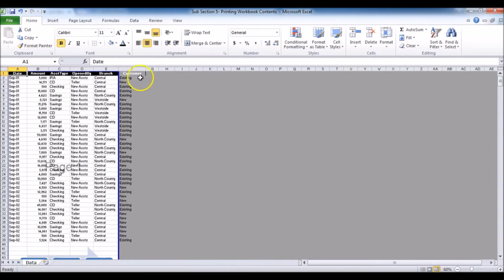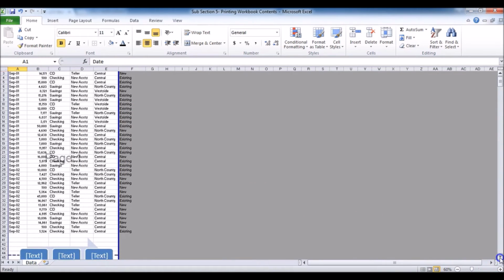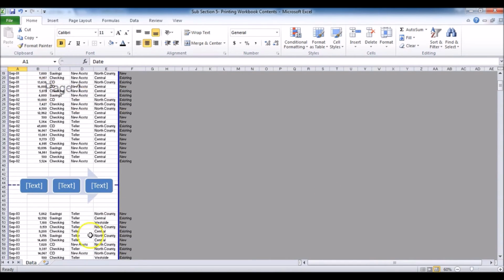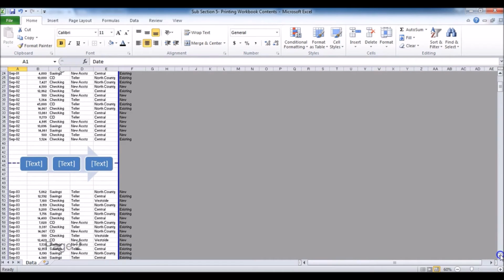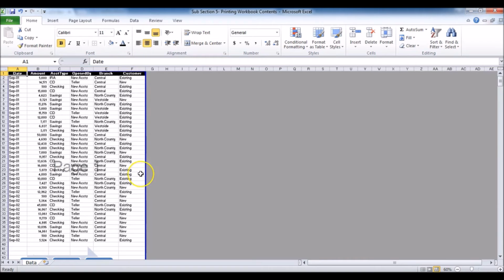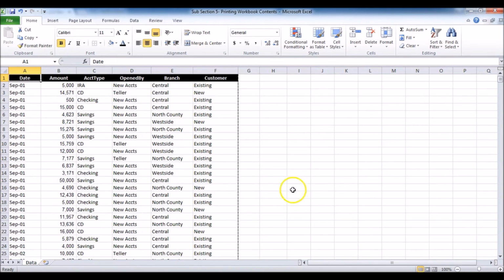Here you can see that customer is not coming in that range. So right now, if I go a bit down, you can see this is how it is happening. A kind of watermark that you can see is page 1 and below is page 2. And what I want is to take in this customer field also. So when I move my cursor towards this blue line, you can see the two-headed arrow is coming. I'll click on it and expand it to cover this customers also in my range. Now I'll go to the normal view, and here you can see this dotted line is coming. It means this is in there.